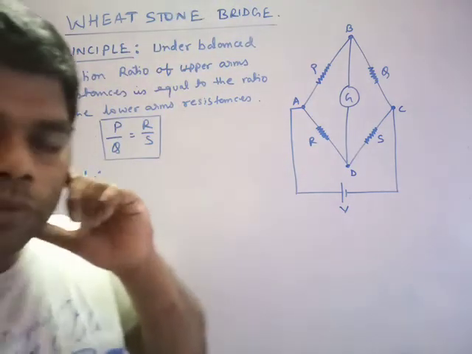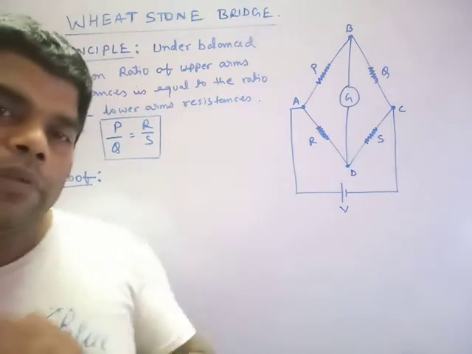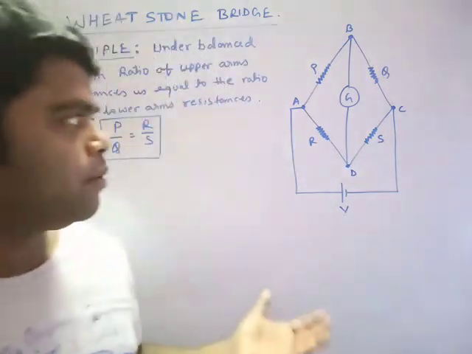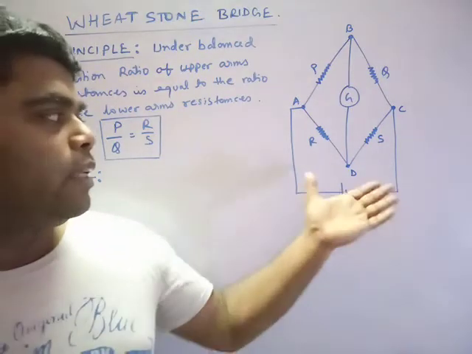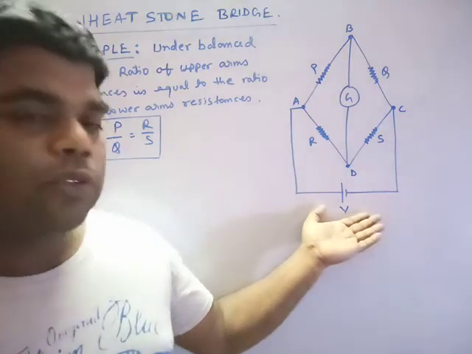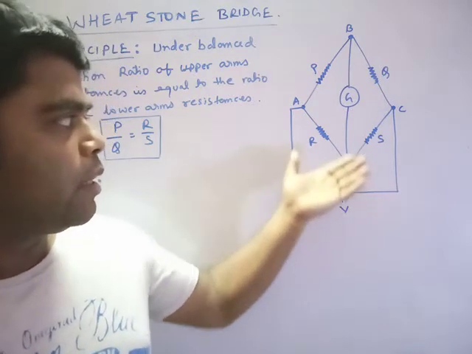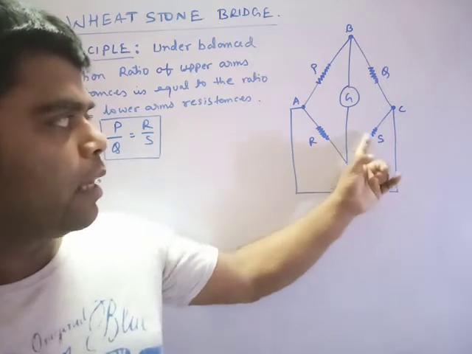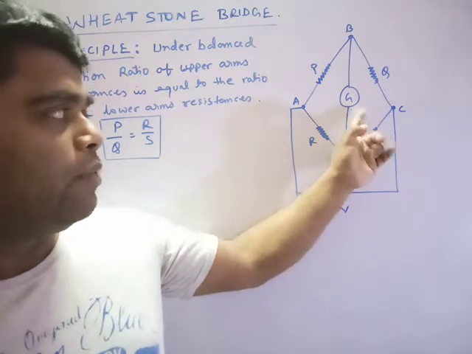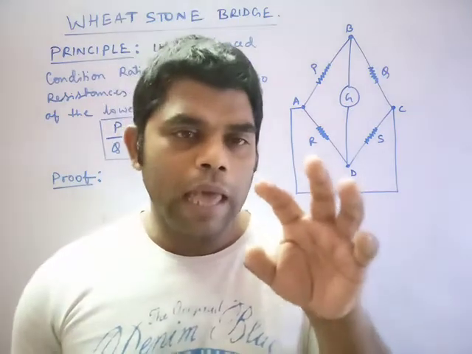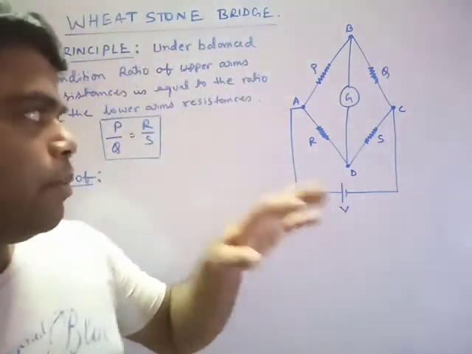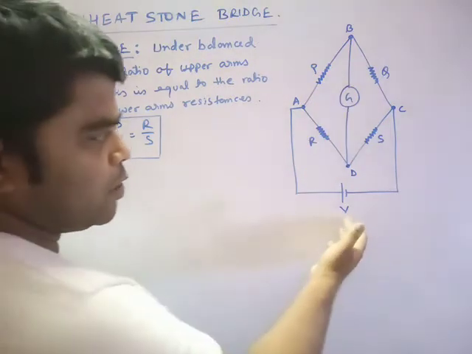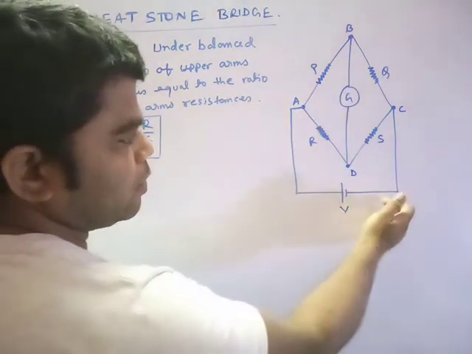As I told you, I have already given you a little information about the Wheatstone Bridge, which I will discuss in the third chapter. Today is the turn to discuss it. This is a diagram, called the Wheatstone Bridge. You can see there are resistances P, Q, R and S, and this is a galvanometer. A meter also has some resistance, so keep that in mind. And this is a potential source, connected in this way.